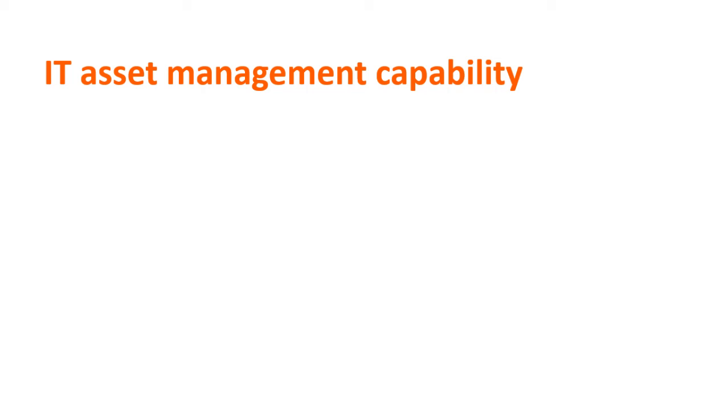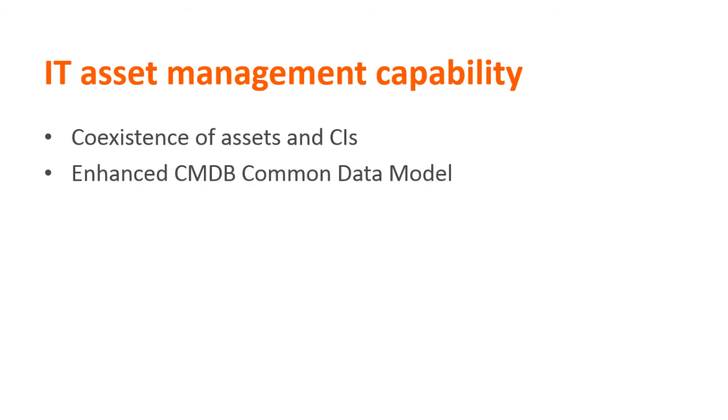Let's take a look at how the existing BMC Remedy Force CMDB 2.0 framework has been leveraged to store and manage assets and CIs. Both assets and CIs can now coexist in BMC Remedy Force CMDB 2.0. To store asset-related data, new class types such as asset, rule-based asset, and CI asset, new and updated out-of-the-box classes such as mobile, tablet, server, and router, and new attributes such as asset status, asset age, and asset birth date have been added to the CMDB Common Data Model.